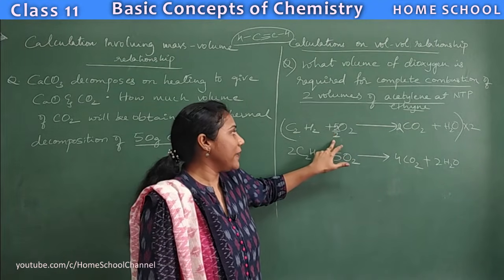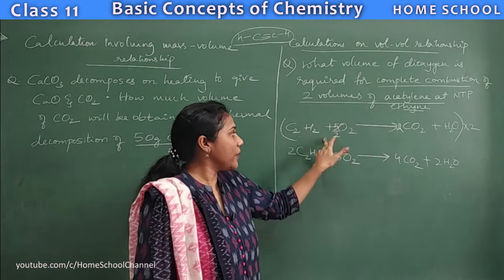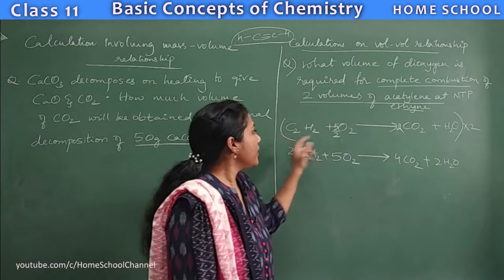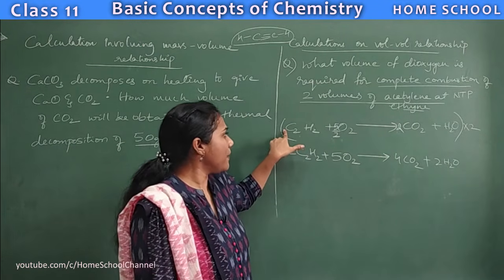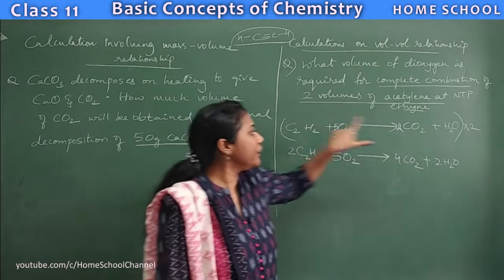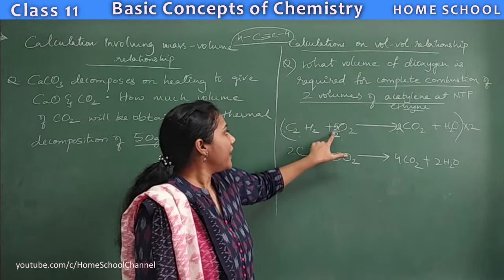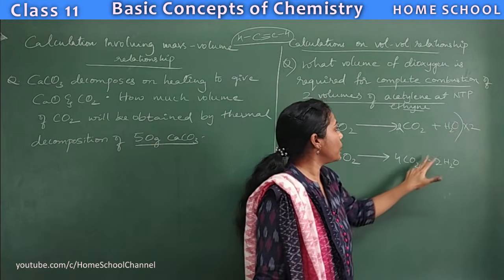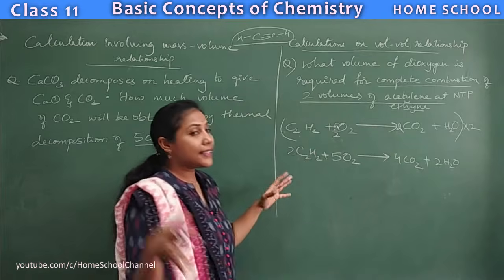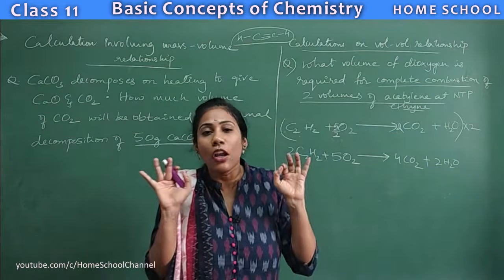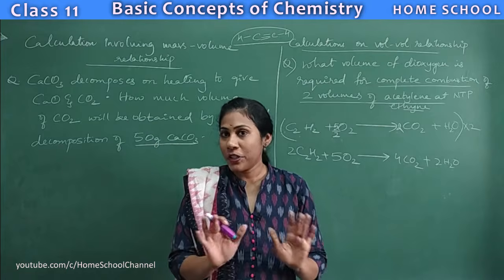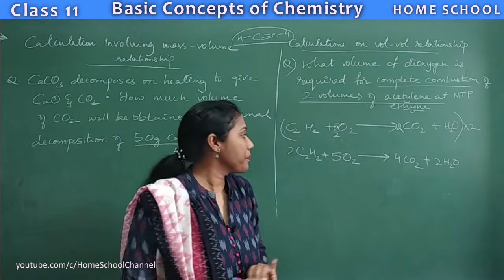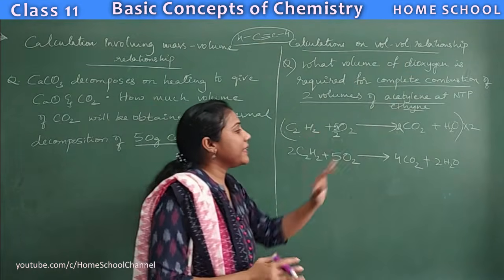Okay, so here 5 by 2 we have put, and later to remove a fraction, we multiplied the entire equation by 2. Okay, so then here if nothing is there, 1, right? So multiply with the stoichiometric coefficient, 1 into 2, 2 C2H2. And then this 2 gets cancelled, so 5 O2, then 2 into 2, 4 CO2, then 2 H2O. So yeah, I think this method of balancing will help you a lot for balancing such reactions. Okay, fine. This is actually a shortcut way of balancing a chemical reaction. Fine. So now we have a complete chemical equation.